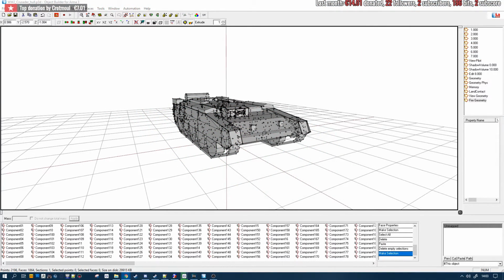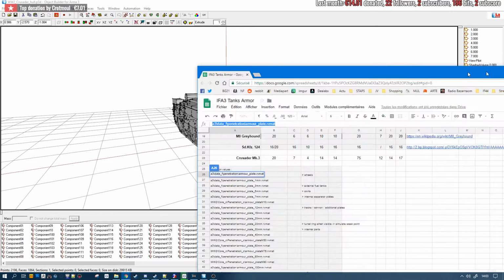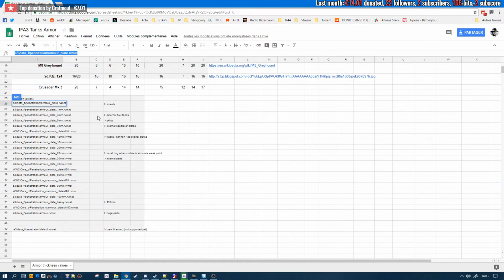So for the fire geometry, I have first two windows on my second screen, which are the list of every penetration material that I can use in my tank. To have a certain standardization, I always use the same for certain parts of every tank if I don't have any data, so I have a consistent penetration behavior for the 20 tanks of Ironfront.